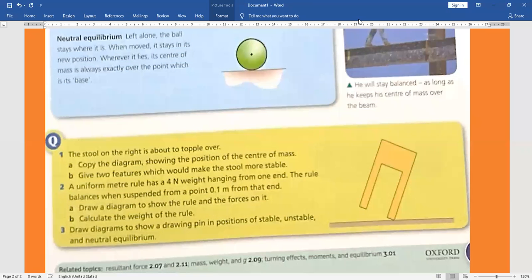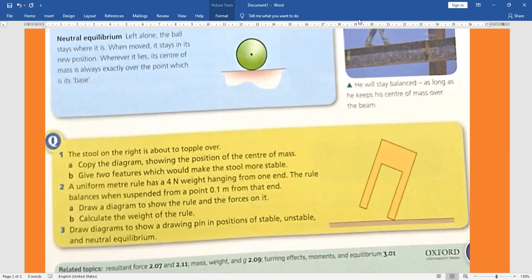अब वो कह रहा है सपोर्ट जो है, एक जगह पे तो वेट लगा हुआ है और दूसरी तरफ सपोर्ट है 0.1 मीटर के फासले में। Draw the diagram, show the ruler and the forces on it. आपको सिर्फ फोर्सेस शो करनी है। Calculate the weight of the ruler, और आपको वेट ऑफ द रूलर मालूम करना है। तो अभी पिछले पेज पे हमने क्वेश्चन किया था।